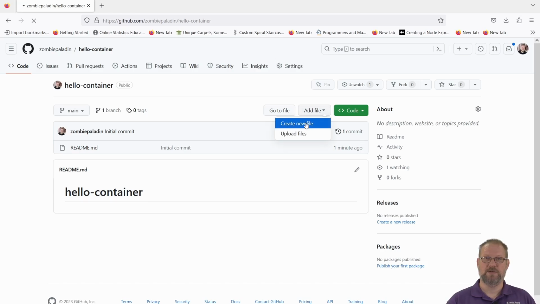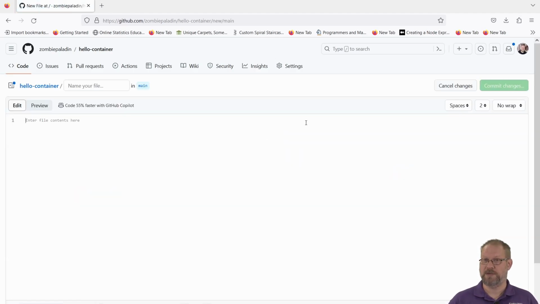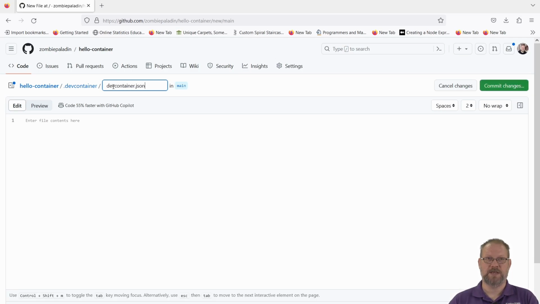So we'll go to create new file. We can always create files and edit files directly on GitHub. You probably haven't done much of that, but it is something that the user interface will allow as long as we have write access to this repository and we're logged in. And what we want to create is a directory called .devcontainer, and inside that we want devcontainer.json. And this is going to be a JSON file,